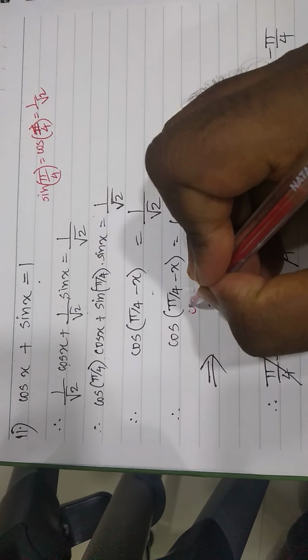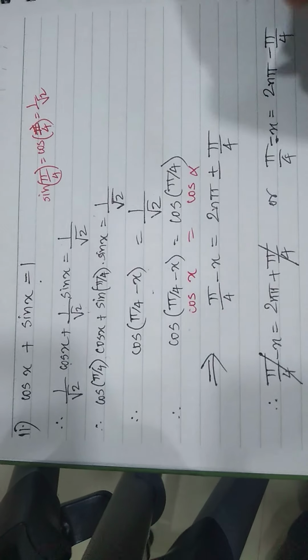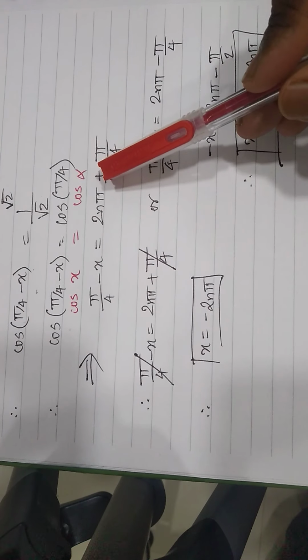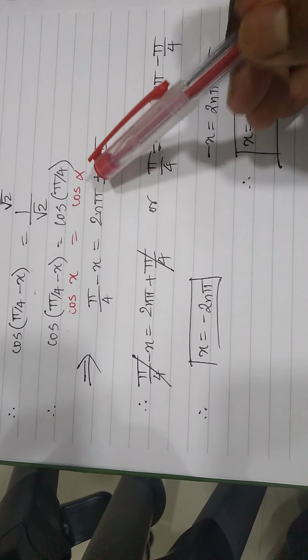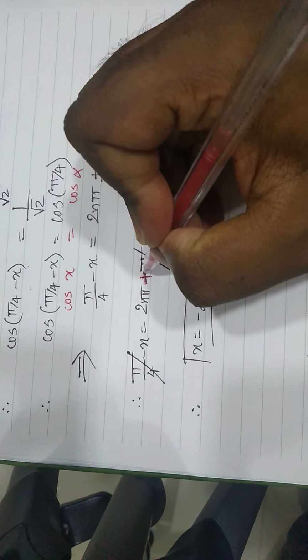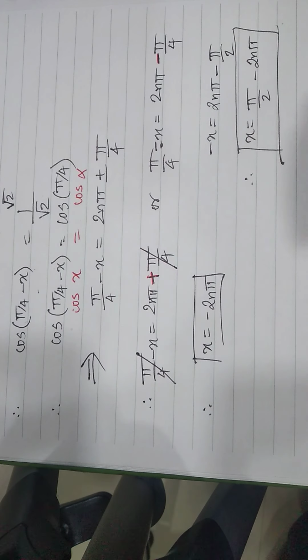This again is of the form cos x equal to cos alpha. So I hope you will be able to correlate and get it. So towards the end, what I have done is, why have I separated them? Because I have plus or minus. So first I take the plus case, and then I'll take the minus case and solve it out. So these are the two answers which you will essentially get.